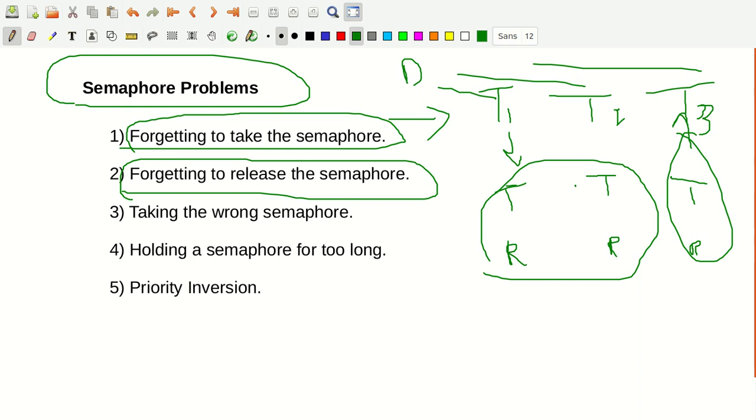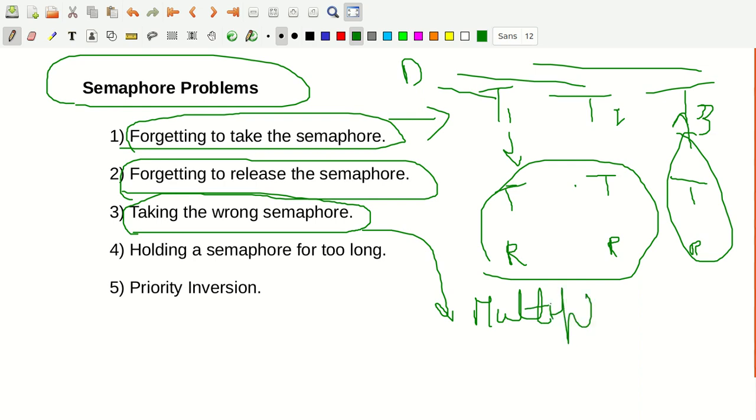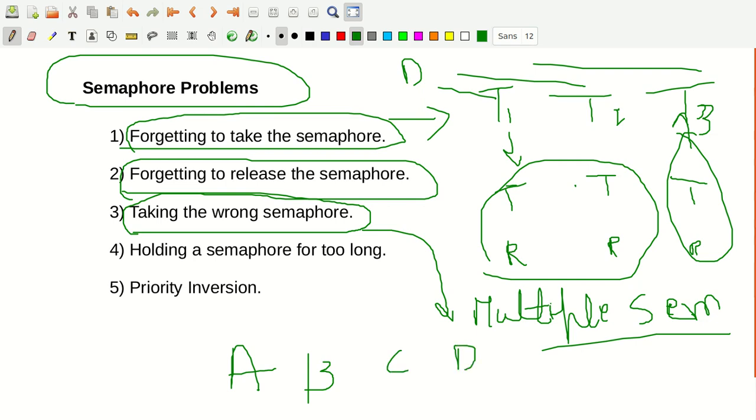He has to write the take semaphore function as well as the release semaphore function for each task around the data variable which is going to be shared between different tasks. Now, of course, the third point concerns what we call multiple semaphores. In the last video we just discussed the binary semaphore. You can have multiple semaphores. Using multiple semaphores is advantageous. For example, you have semaphore A, semaphore B, semaphore C, semaphore D. You can go on like that.